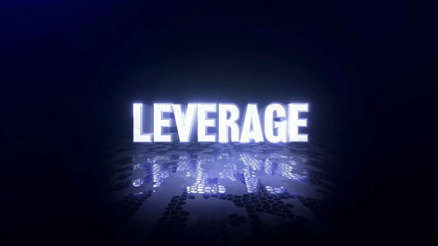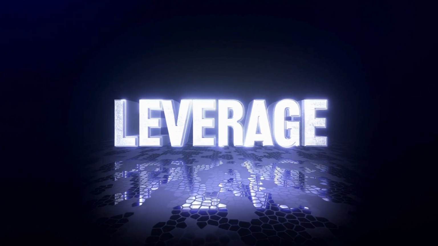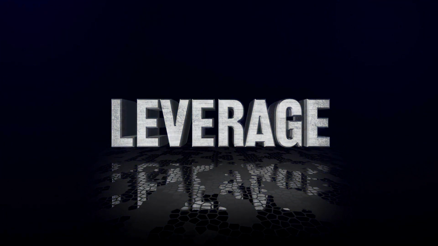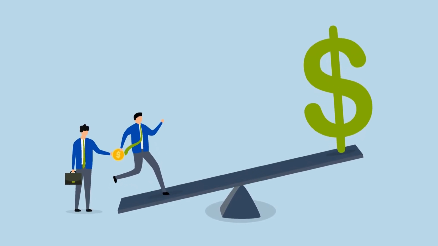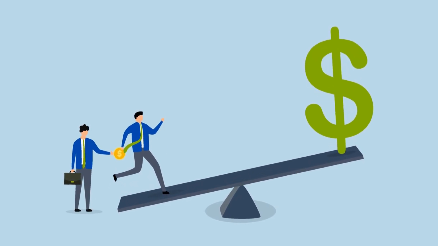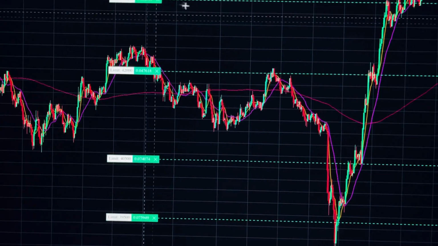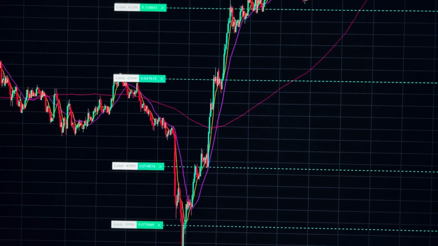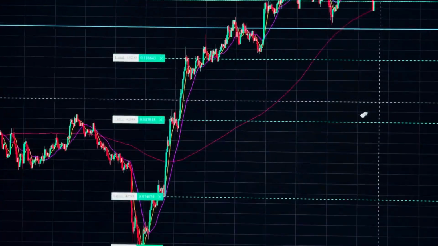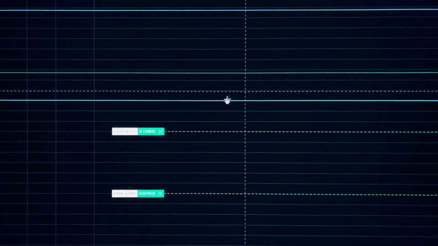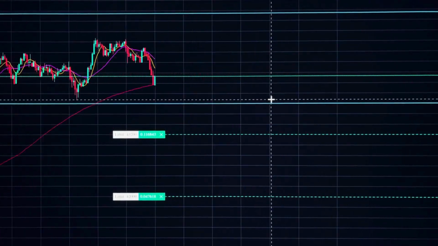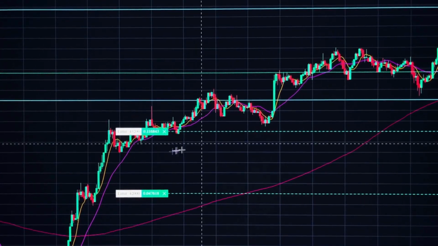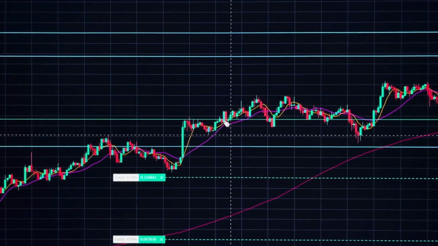In the world of Forex trading, one of the most powerful yet risky concepts is real leverage. Leverage is the ability to control a larger amount of money in the market with a smaller initial investment, allowing traders to open positions much larger than what their available balance would otherwise allow. However, while this tool can offer great profit opportunities, it can also amplify losses if not used correctly. In this video, we will explore what real leverage is, how to calculate it, and how to use it effectively